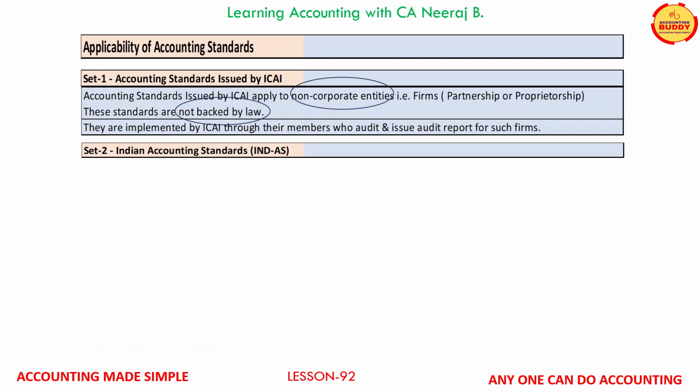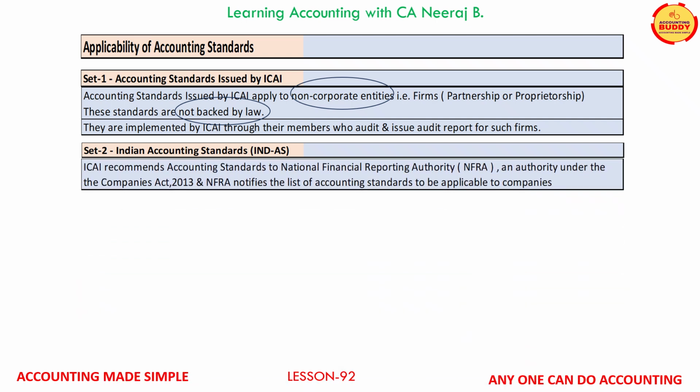Second set of accounting standards is popularly known as Indian Accounting Standards. It is a set of accounting standards which ICAI recommends to the National Financial Reporting Authority. NFRA is an authority under the Companies Act 2013, and NFRA notifies the list of accounting standards to be applicable